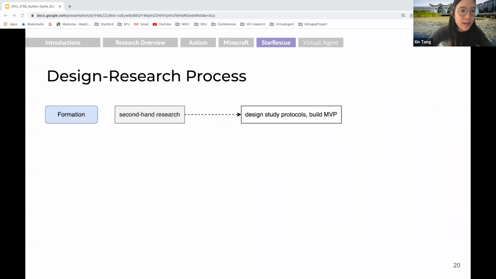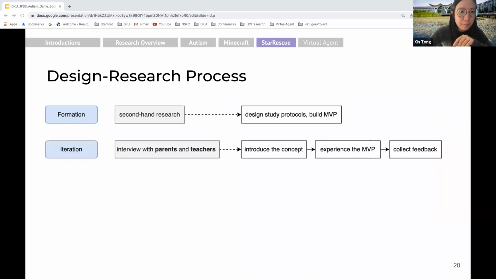So here is the design research process. We first formulate the game ideas based on prior literature and also interviews with parents. After building the minimum viable prototype, we tested again. We had parents and teachers play it, introduced concepts, collected feedback, and reiterated the game for